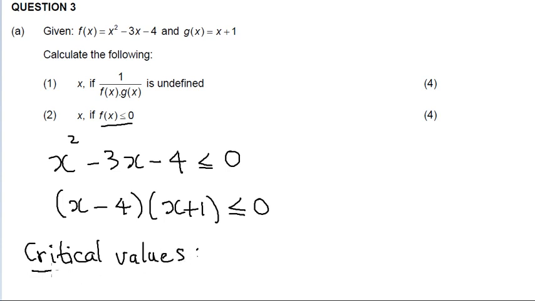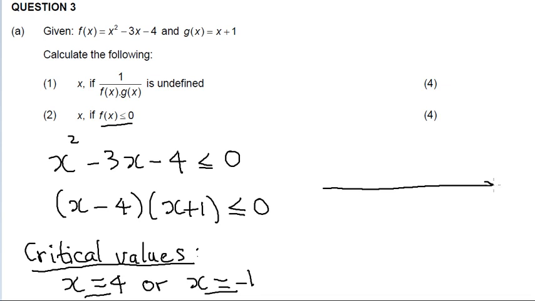So we make each factor equal to 0. So if x minus 4 is equal to 0, the first critical value will be at 4, and the second critical value will be at negative 1. And finally, we can complete the problem on the number line. So my critical values are negative 1 and 4, inclusive, so we can use the shaded circle,